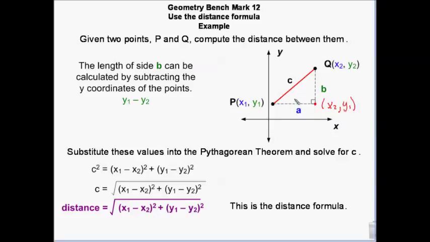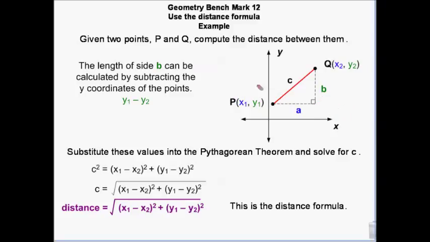Do you see that? Like if whatever these numbers were, so if this was like 1, 3, and this would be 5, 6, then this one would be 5, 3. It's going as far over as this x, but only as far up as this y. Okay, so to find the length of A,